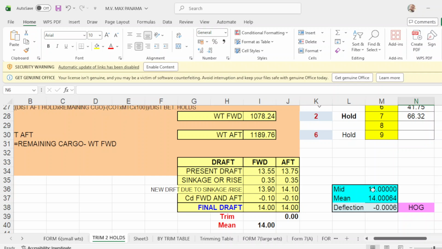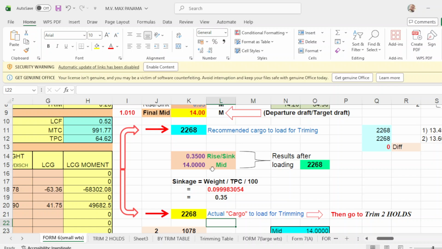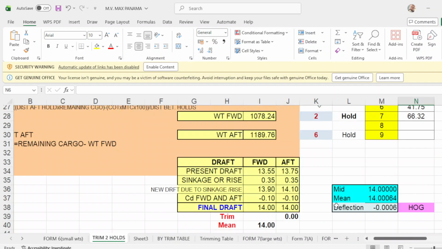What do you mean by mid drop? This is your mid drop after loading 2,268. And your main drop is this one. Then you have a 0 deflection.